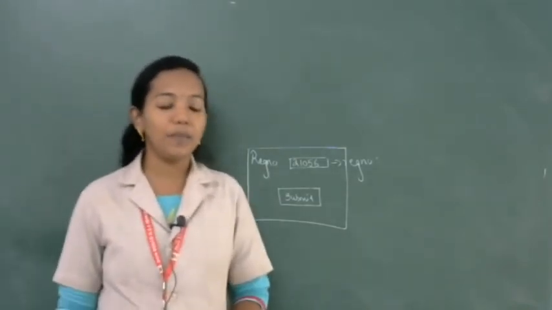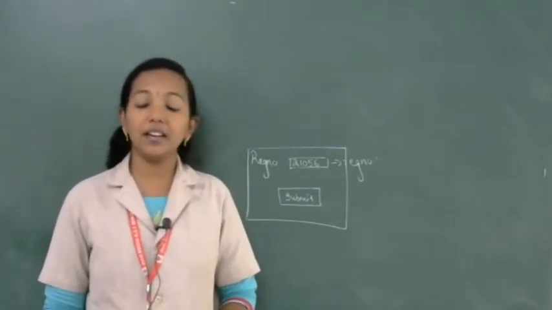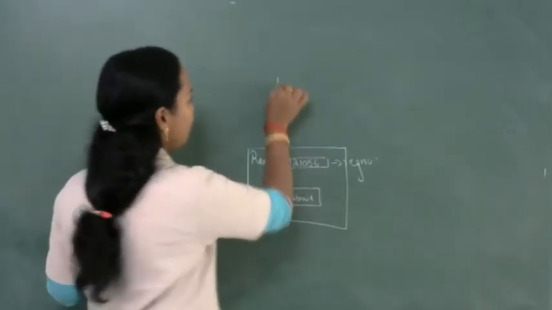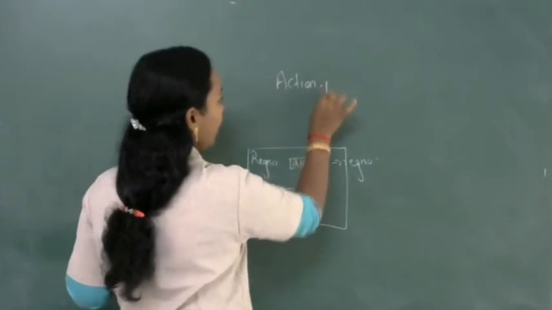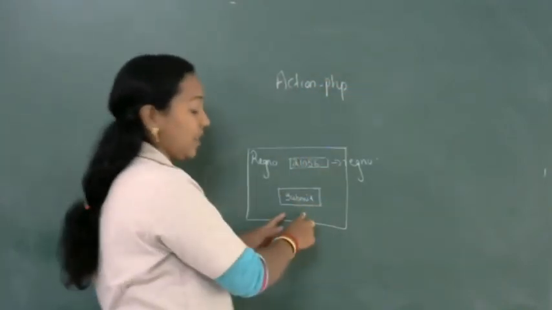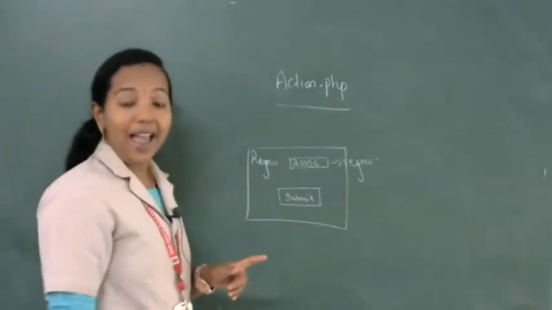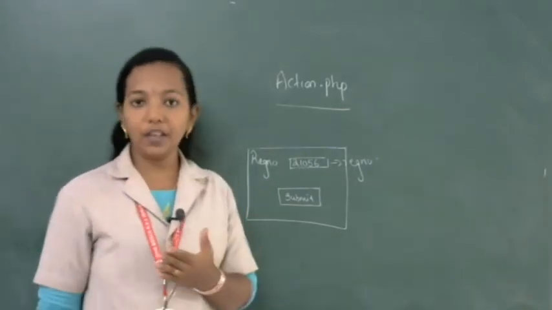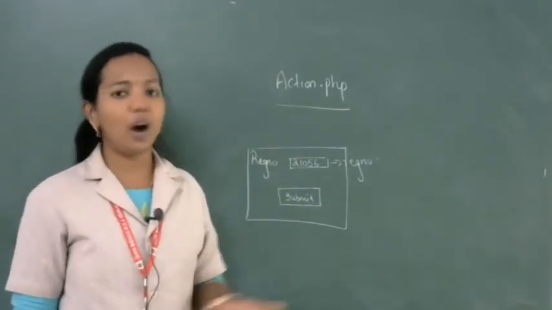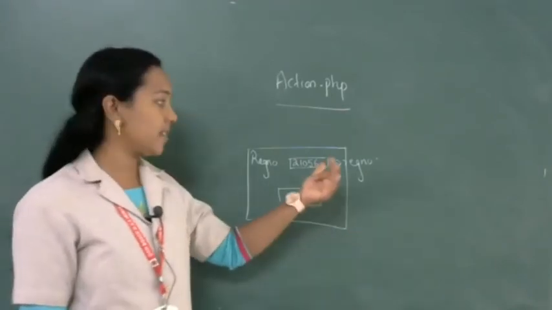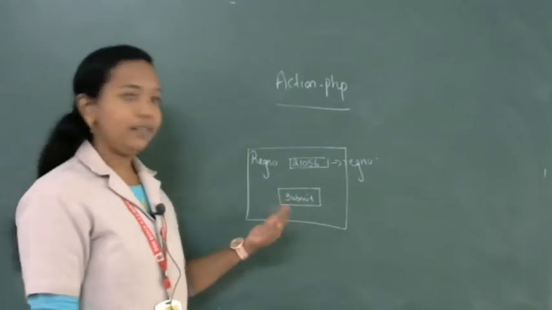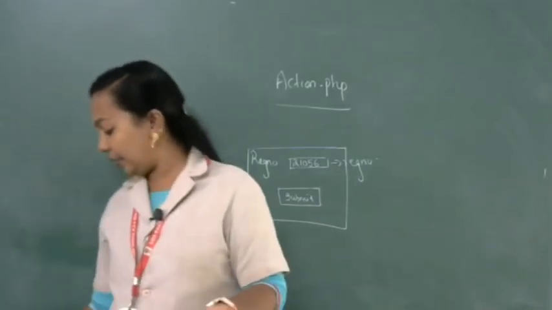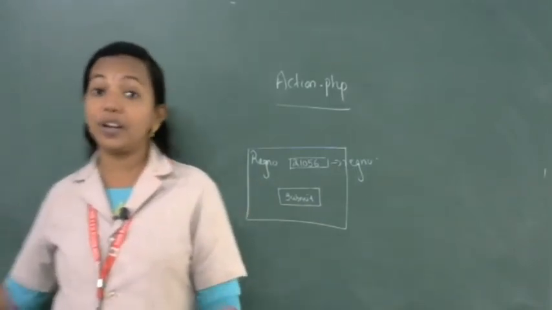So what will be the form? Form method is equal to post, action is equal to action.php. So when we click on the submit button, which PHP program is executing? The action.php program is executing. So this program I am going to write now. I think the form is very simple. You know how to create a form. Input type is equal to text, name is equal to register number. Then input type is equal to button, value equal to submit. That is enough. You don't need a special program for creating this.